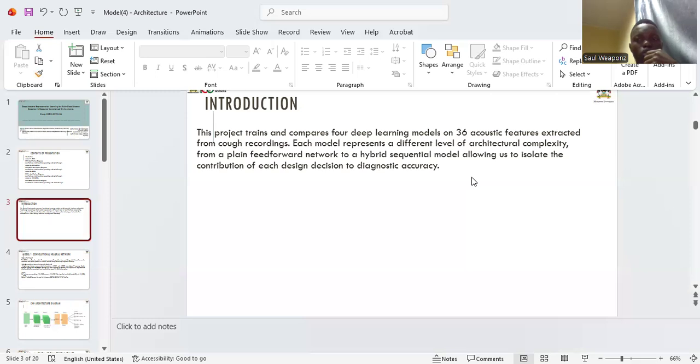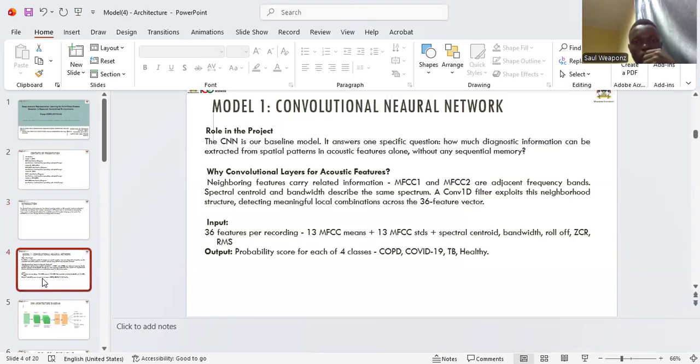Each model represents a different level of architectural complexity that we are going to dive deep into. Our baseline model is the CNN model. It determines how much diagnostic information can be extracted from the spatial patterns of the acoustic